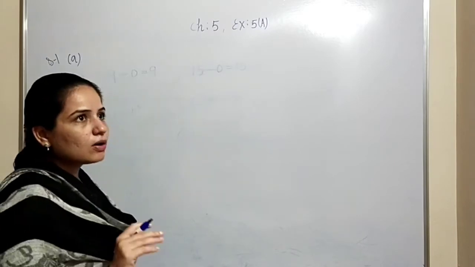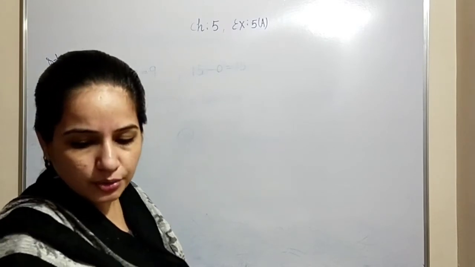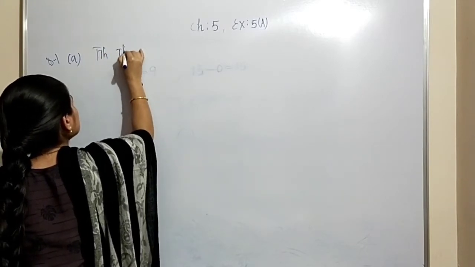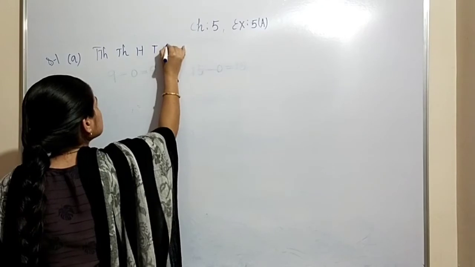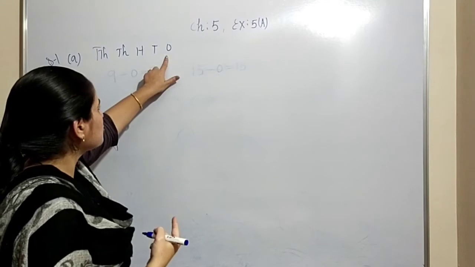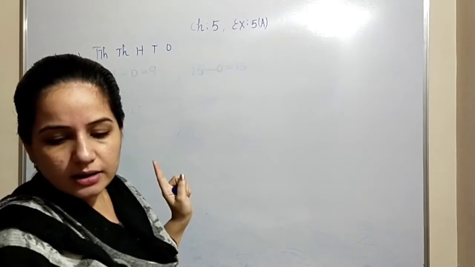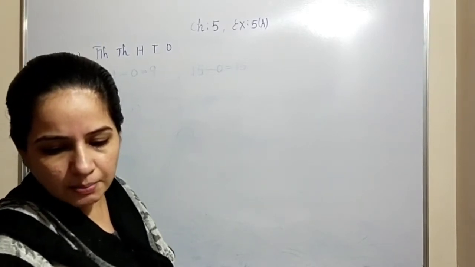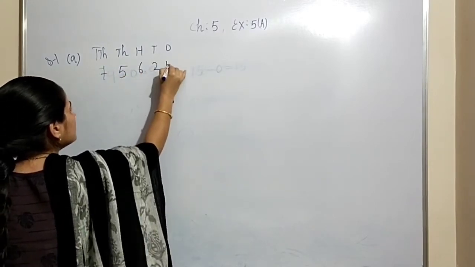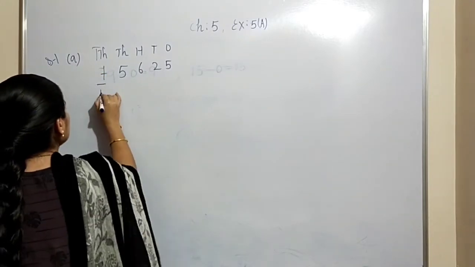See number 1A. You are given columns and in those columns the numbers are arranged for you: 10,000, 1,000, 100, 10 and ones. These are the number columns. As you already know, these are the headings: ones, tens, hundreds, thousands, 10,000. Under them you are given the number 75,625 and from that you have to subtract 42,320.